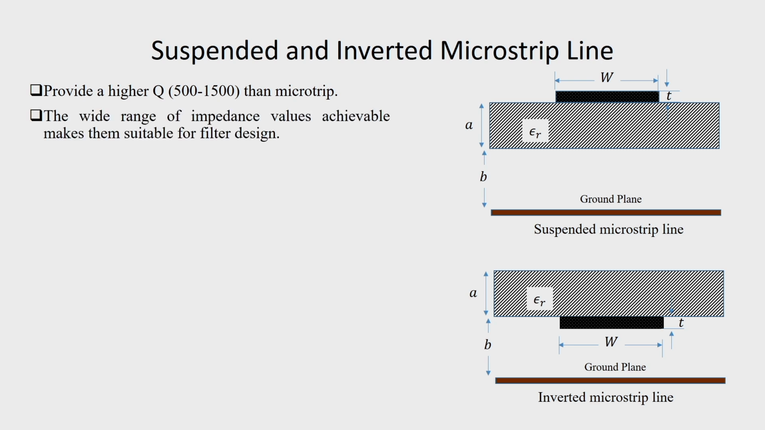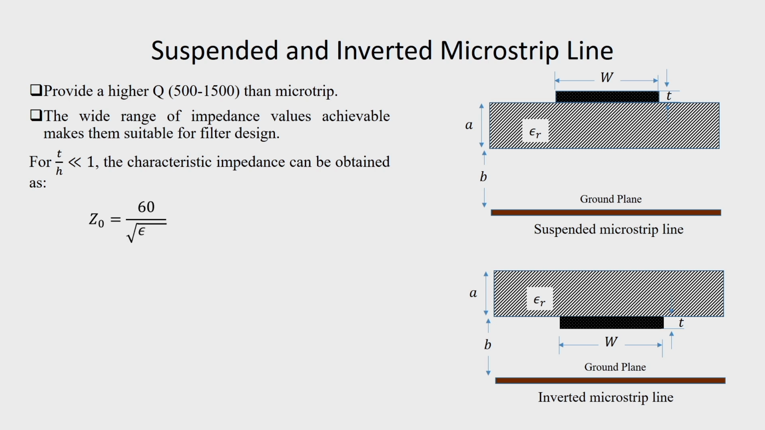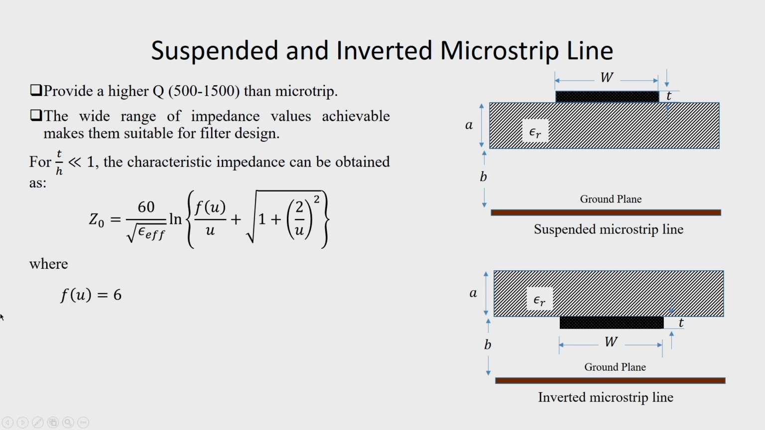The wide range of impedance values achievable makes them suitable for filter design. So, suspended microstrip lines and inverted microstrip lines are used in filter design. The characteristic impedance for T by H much less than 1 can be found as Z naught equal to 60 by square root of epsilon effective, ln of f of u by u plus root 1 plus 2 by u whole square, where we define f of u